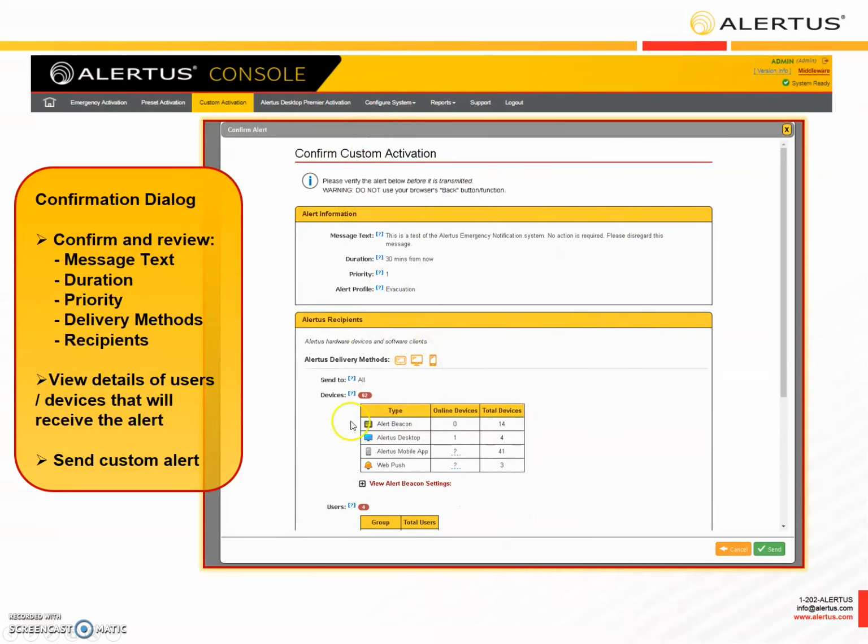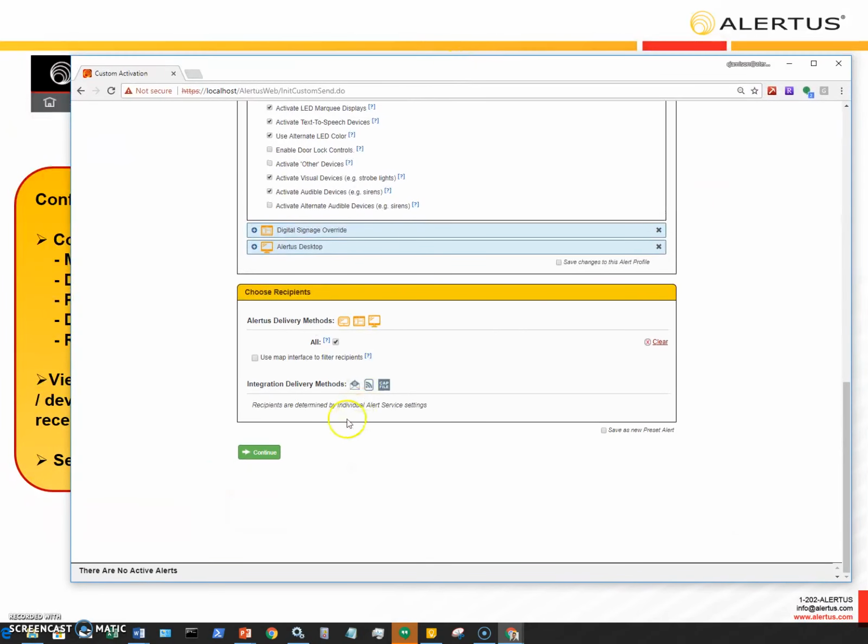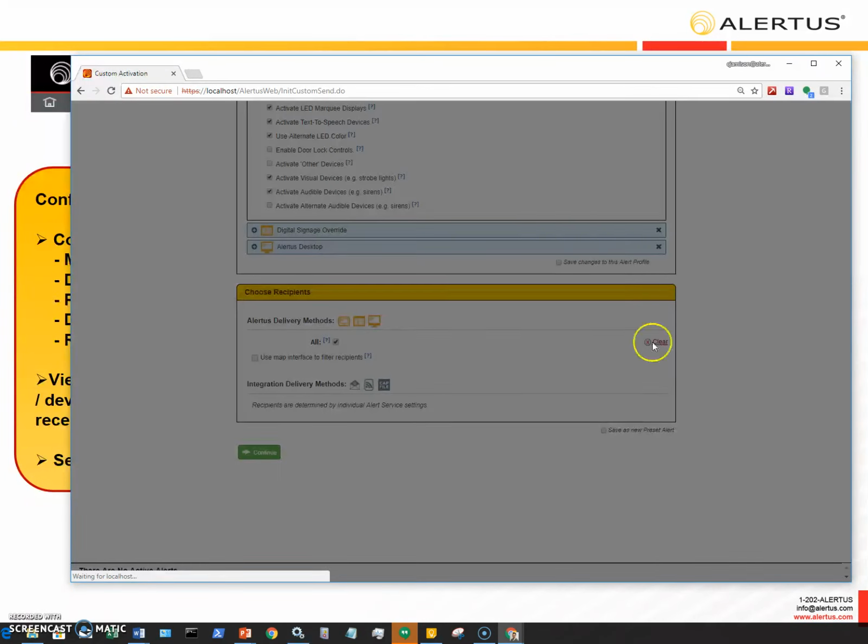So we have this endpoint in the confirmation page, and we haven't changed much to it, but we are still giving you a lot of powerful information here. So we're giving you the message checks one last time to make sure that that's what you want to go out. The priority setting is right there. The message that you want, whether it be a preset or customized, whichever you're doing. The delivery methods are right there for you. Also the types of delivery messages that you're putting out here and the devices that are running, what are connected, what are not. Users or units, whatever you have selected. So let's go into there, and you'll be able to see in more depth what the confirmation page looks like. And as it loads up,